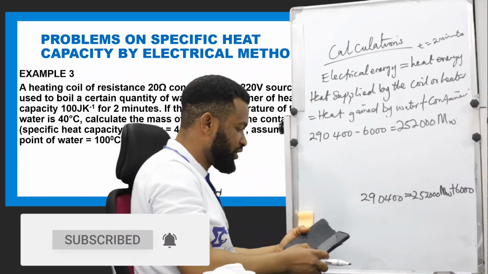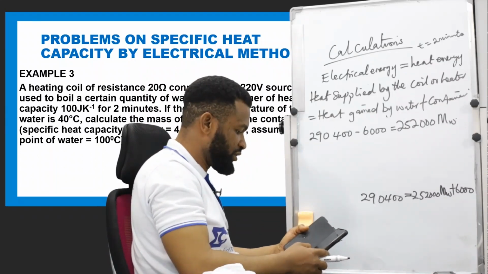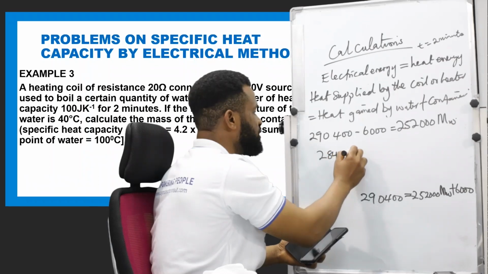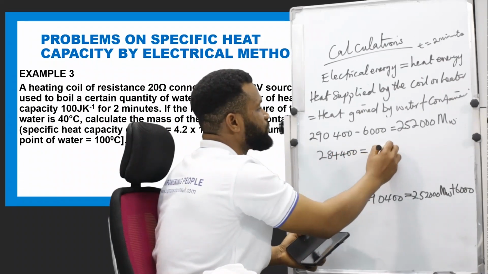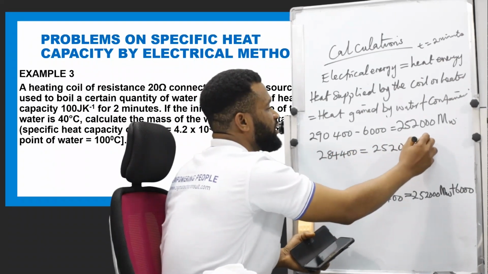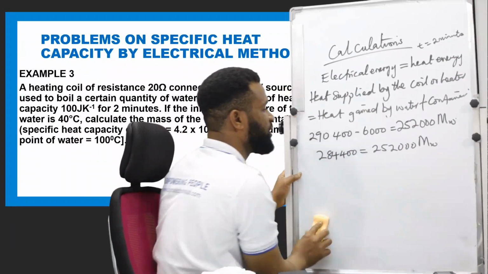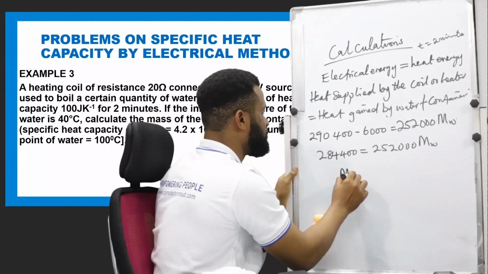So 290,400 minus 6,000 is 284,400, which is equal to 252,000 times the mass of the water. So I'm going to make the mass of the water the subject of the formula. I'm going to say that the mass of water is equal to